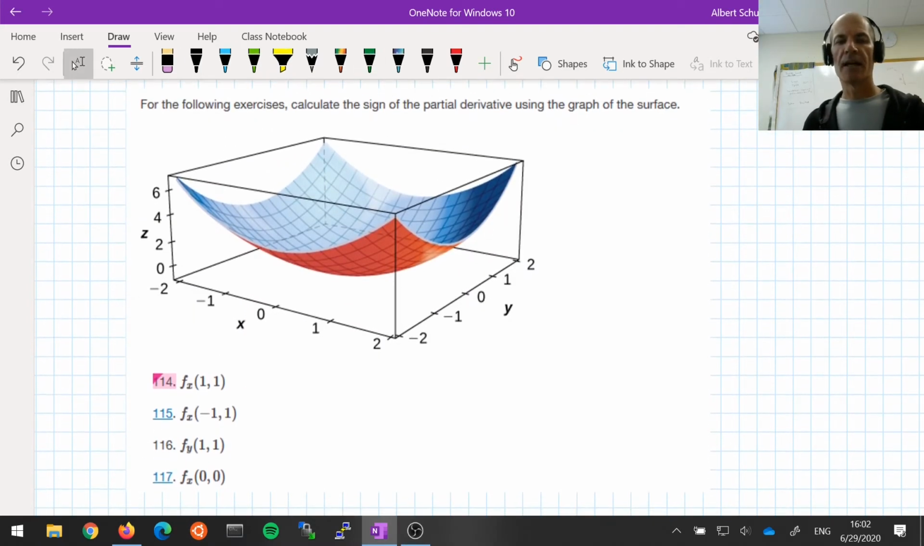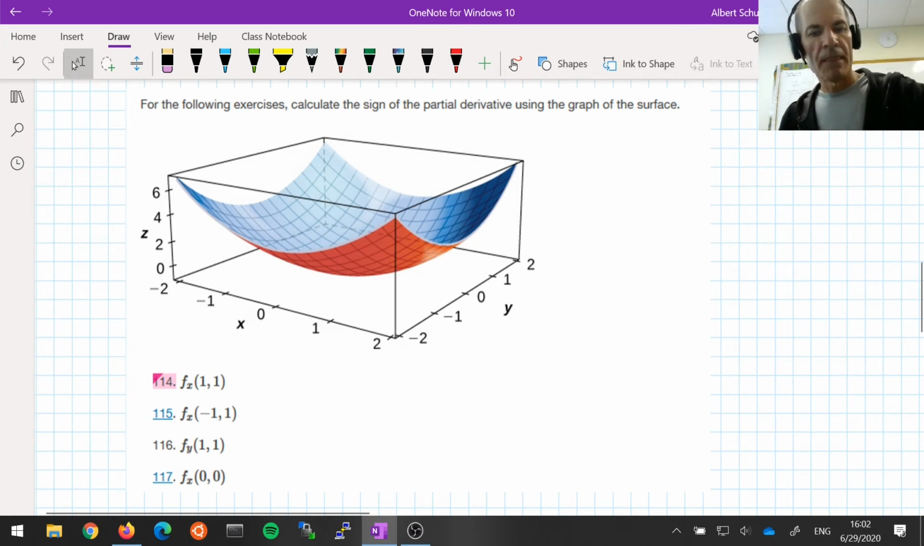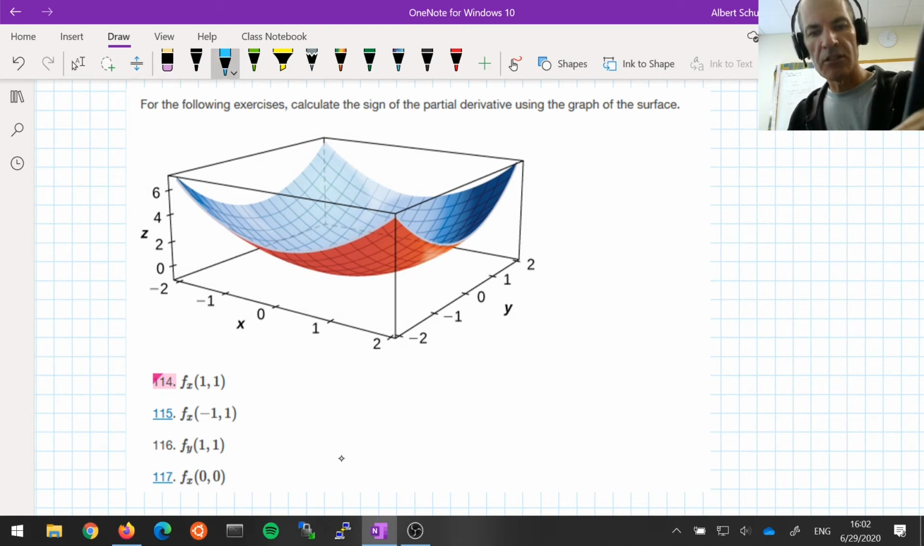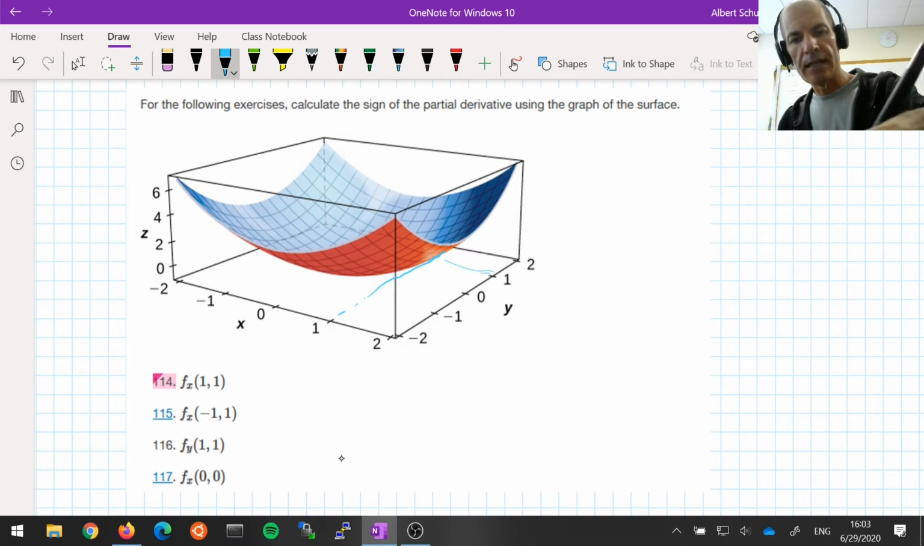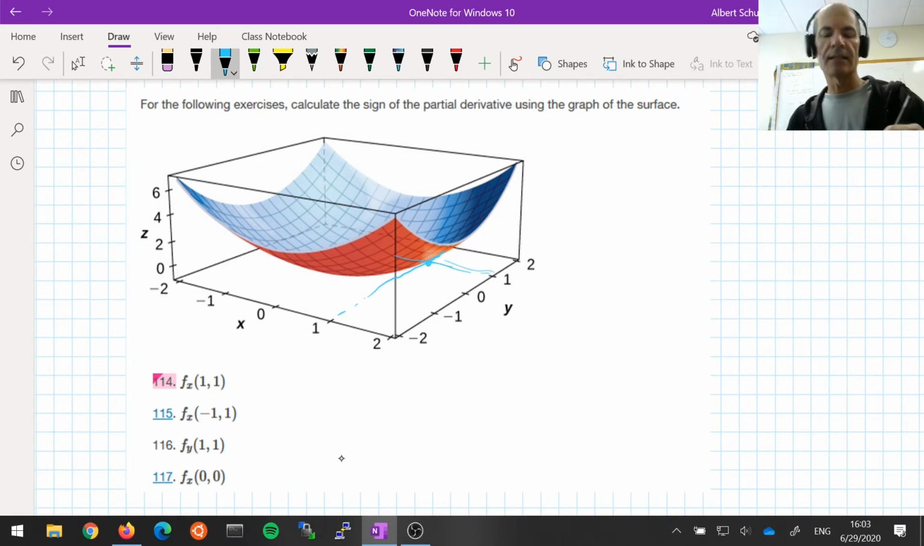Now what I'd like to do is connect the partial derivative to the geometric features of the surface. So in this case, we're asked to calculate the sign of the partial derivative using the graph of the surface. So we want the sign of the partial derivative at the location. So here we're talking about the partial of f with respect to x at the point 1, 1. So let's find the point 1, 1, and we'll do this by sketching a line that's kind of parallel to the y-axis and a line that's kind of parallel to the x-axis, and we see where they intersect in the